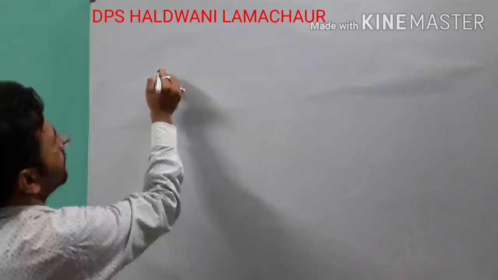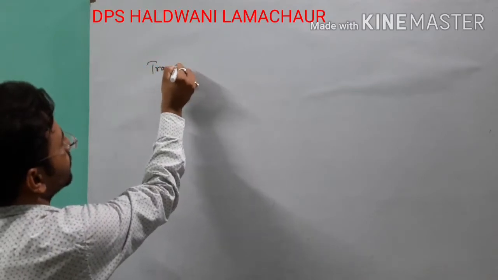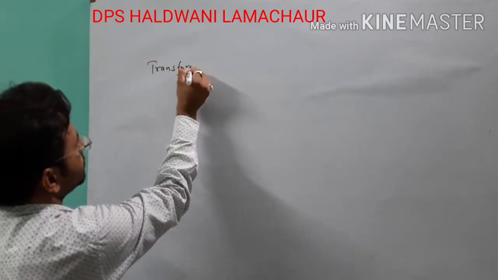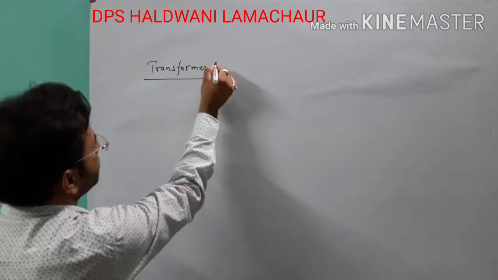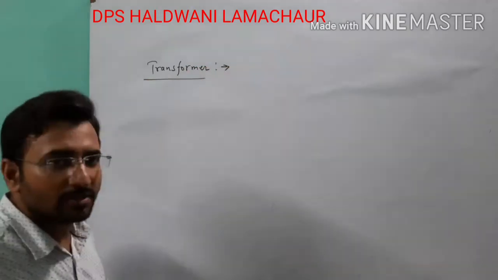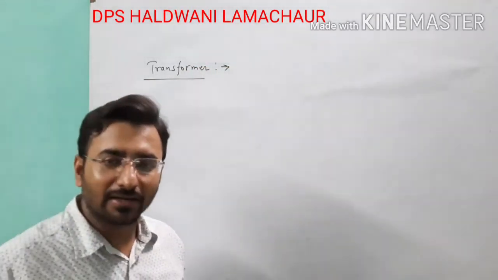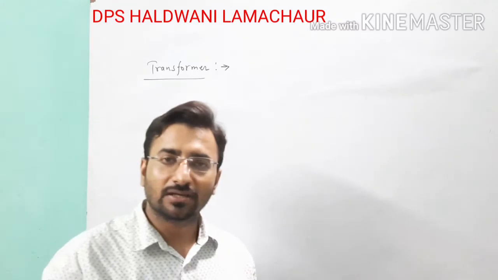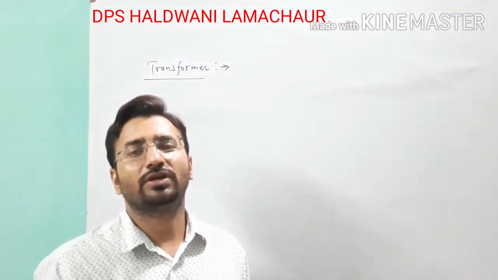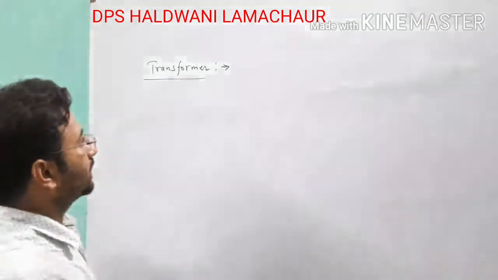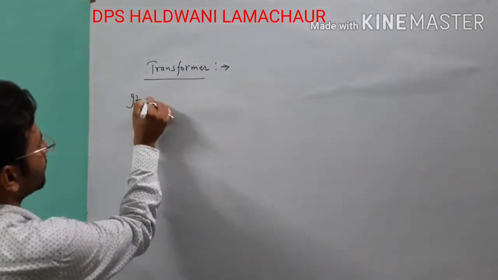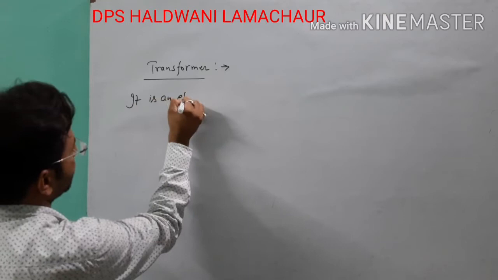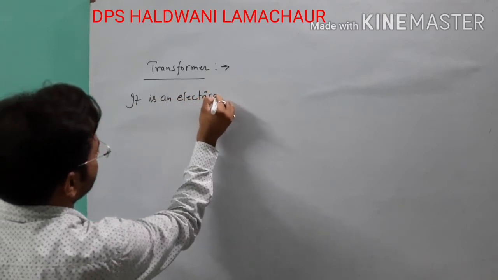So dear students, here we are talking today about transformer. When we talk about the transformer, a transformer is an electrical device which is used to convert high voltage alternating current to low voltage, and similarly low voltage alternating current to high voltage. Point clear? We can write here, it is an electrical device